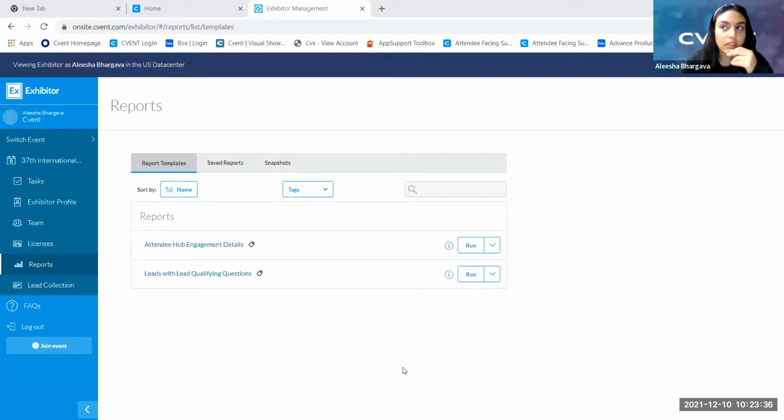What they can do is, when there are meetings going to happen, the booth staff can set themselves as unavailable. So then in that case, the attendees won't be able to set up a meeting or reach out to you. When you're there, you just check in and then it shows available. And then that's when the attendees will be able to connect with the booth staff and have a meeting or